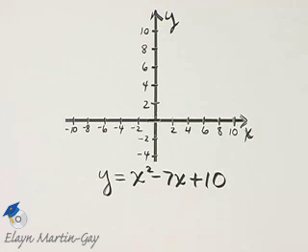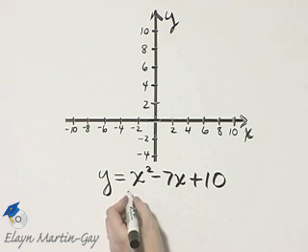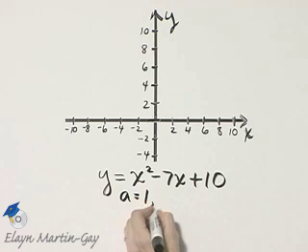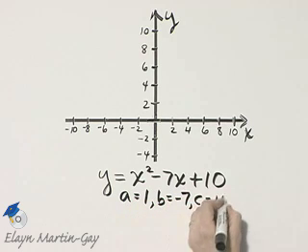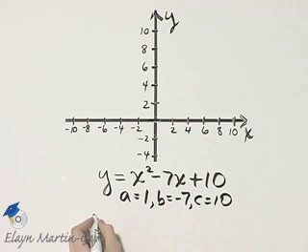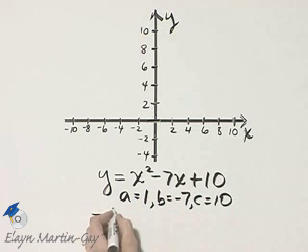We want to graph this quadratic equation, find the vertex and any intercepts. So let's begin. Let's find the vertex of the parabola. Notice here A is 1, B is -7, and C is 10. And we can use that formula that the x value of the vertex of the parabola is -b over 2a,